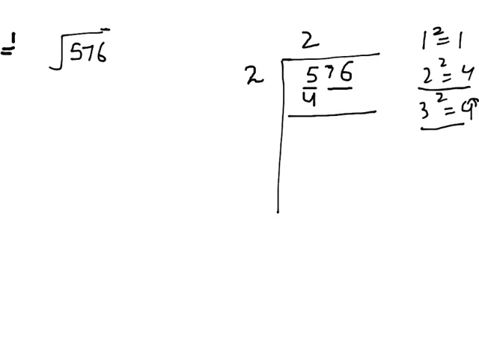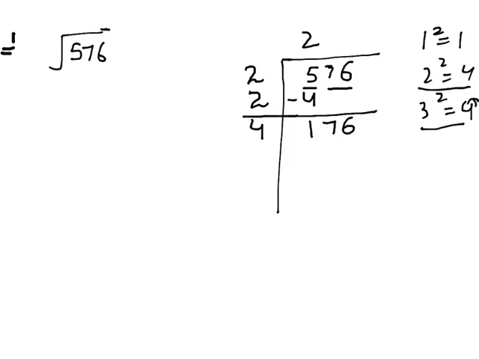Now the next step: like in simple division, we subtract and then copy the next digits. Here the digits come in pairs, so we copy 76. Then in the next step we double the digit, or we can say we add 2 plus 2, which is 4 only, or we can simply double the digit. So 2 times 2 is 4.